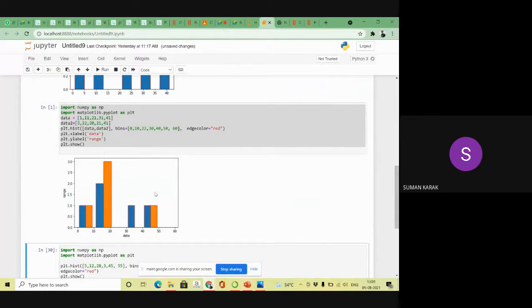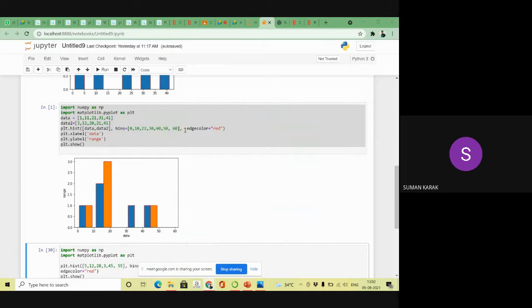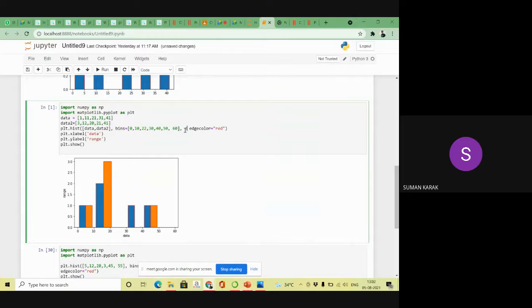Okay, now coming to the cumulative parameter. What is cumulative? In cumulative there are two values, true and false. If you do not mention cumulative, then the default value is false.